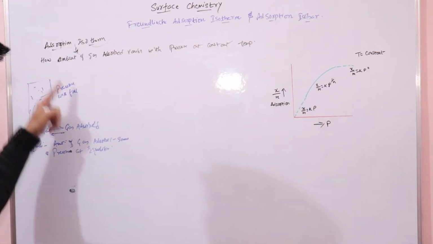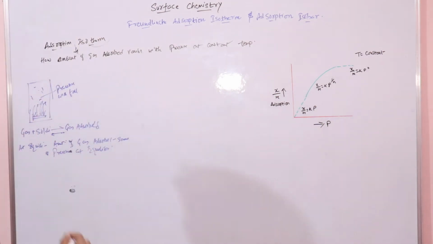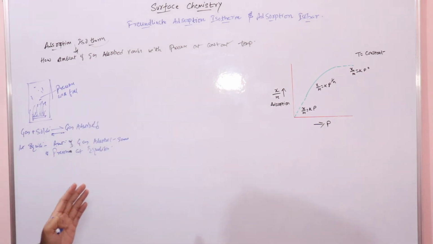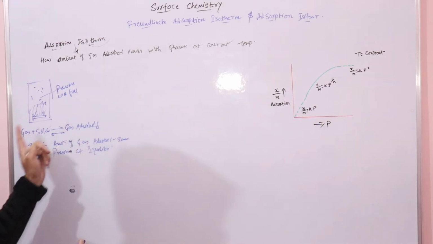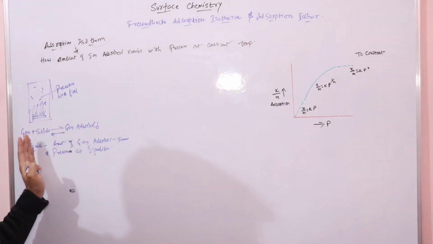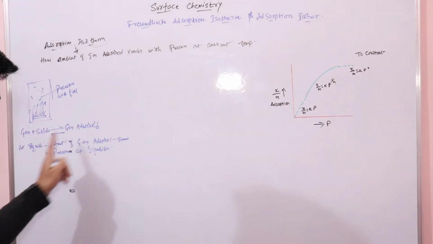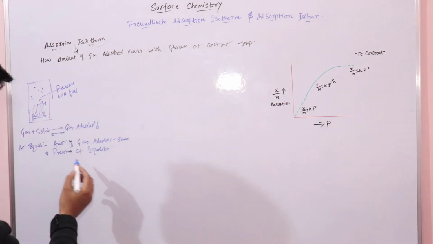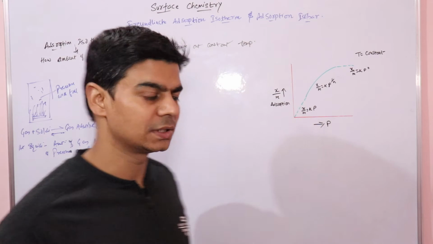And the pressure inside the vessel will also become constant, right? Why? Because at equilibrium the amount of gas that gets adsorbed on the surface would be equal to the amount of gas that leaves the surface, right? So when both the processes are occurring in both the directions, in forward direction and in reverse direction, at the same rate, then we say equilibrium has been attained, and at equilibrium the amount of gas will remain the same and the pressure of the gas will also remain constant in the vessel, right?